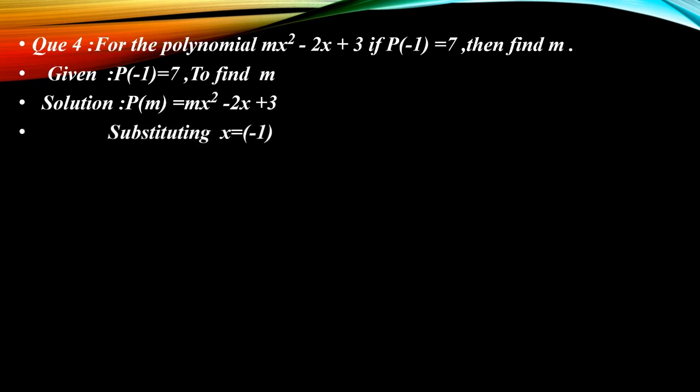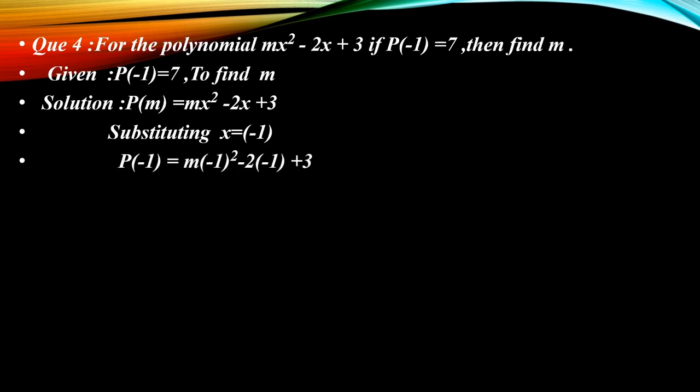Now question number 4. For the polynomial m x raised to power 2 minus 2x plus 3 if P(-1) is equal to 7, then find m. Given P(-1) is equal to 7, to find m. Solution, P(x) is equal to m x raised to power 2 minus 2x plus 3. Substituting x equal to minus 1,